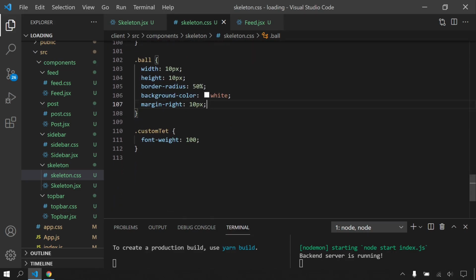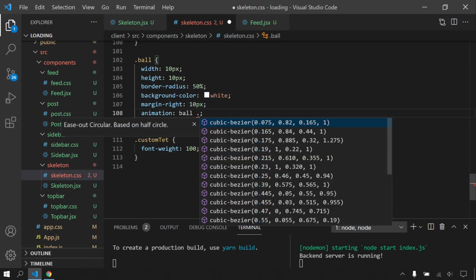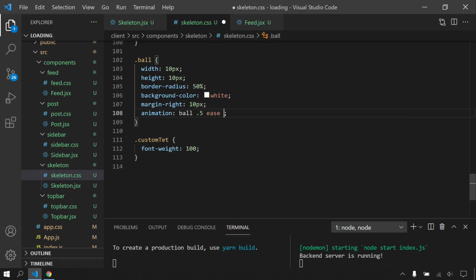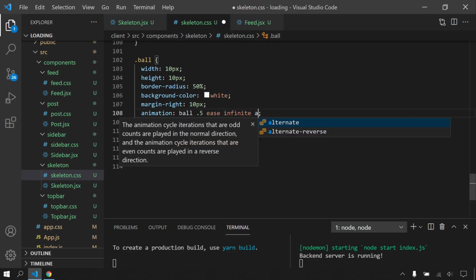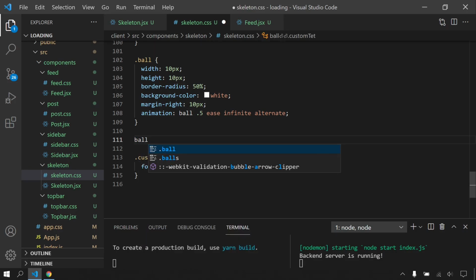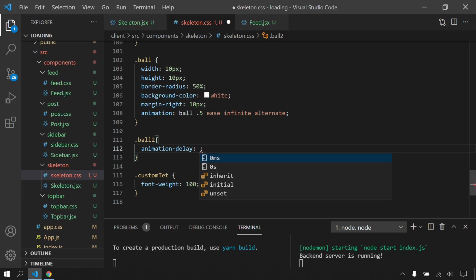For each ball, it's going to be animation, and the ball is going to take half a second, and is infinite again, and alternate. But they're not going to be synchronous. I will give some delay for the other balls. Ball 2, I will say animation delay. It's going to be 0.1 seconds.